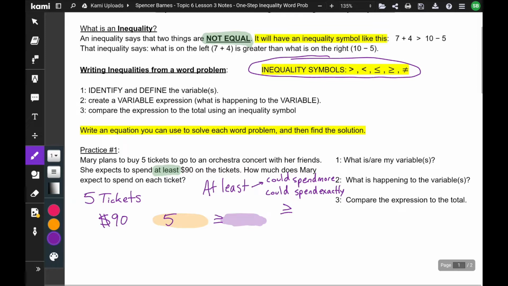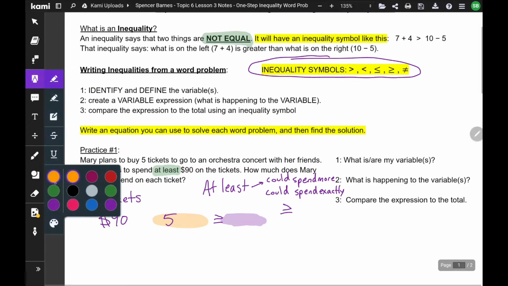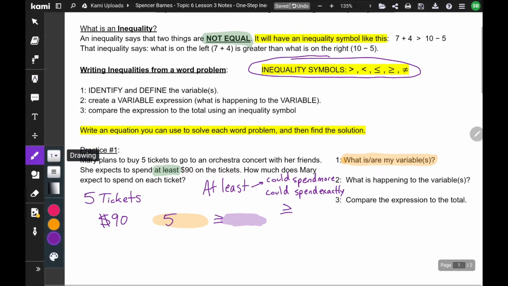So I've got 5 times whatever the price of the ticket is. My first question is, what is or are my variables? Because there is potential to have more than one variable. My variable is the cost of the ticket. I don't know how much each ticket is going to cost me. So I've got 5 times x, and that's greater than or equal to